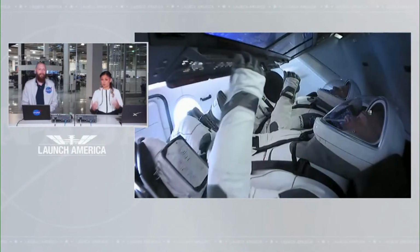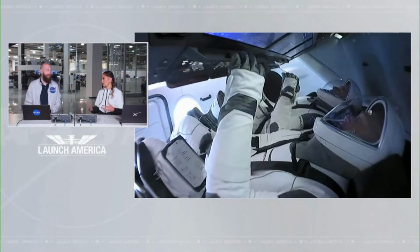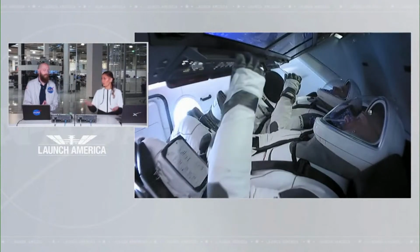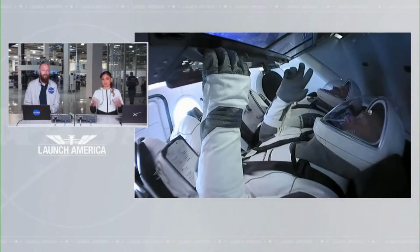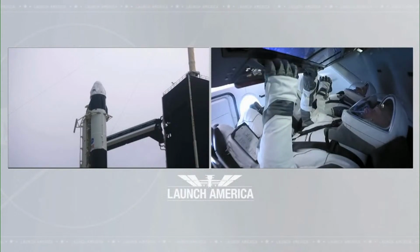And it should be a very exciting test flight because it's pretty much like an actual mission. When Bob and Doug get on the station, they will be performing some research while they're up there, performing tests and doing some final things for this demonstration mission. But just for right now, we are going to continue to stay with them until we see